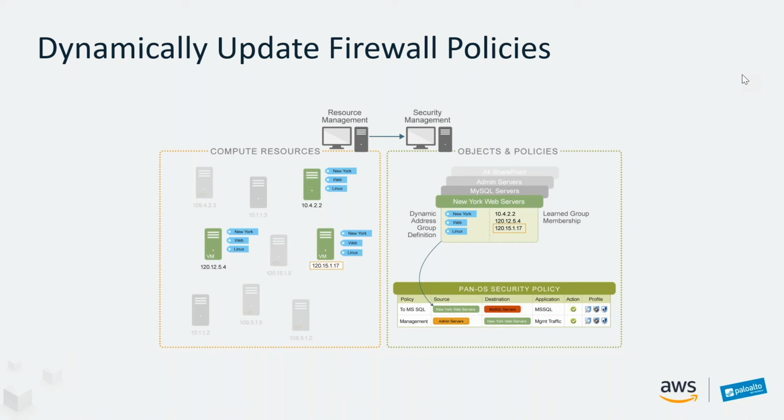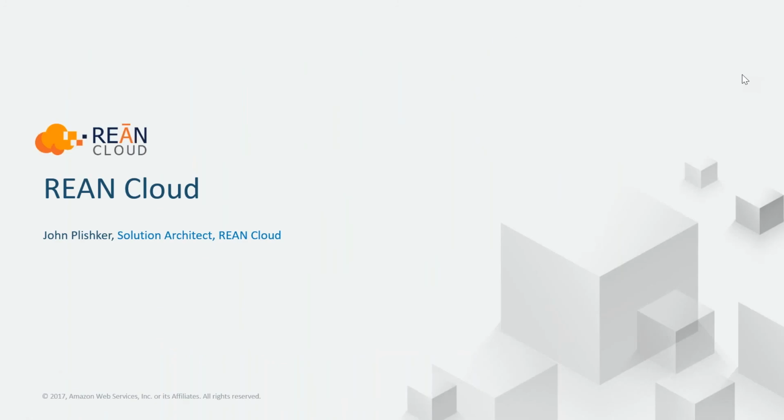So in the span of a couple of hours of setting up and configuring, you can eliminate those security roadblocks from a DevOps environment. Those are the 3 features that REAN Cloud is going to take full advantage of when they're talking about